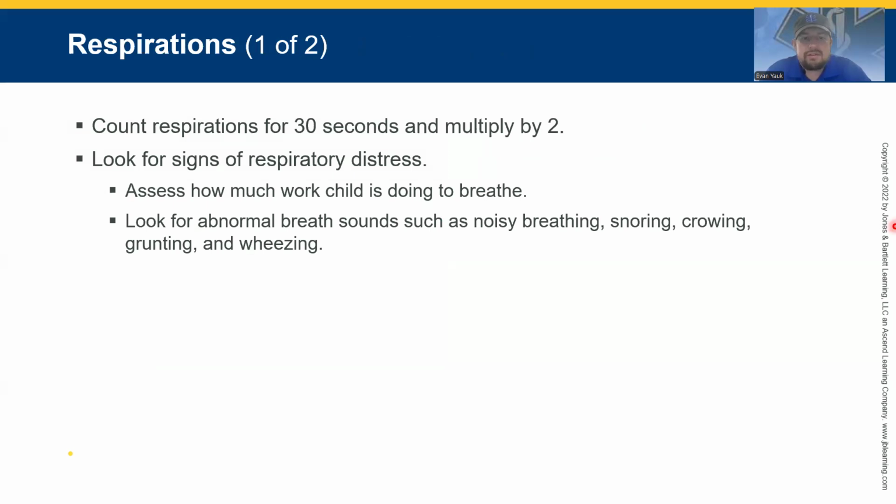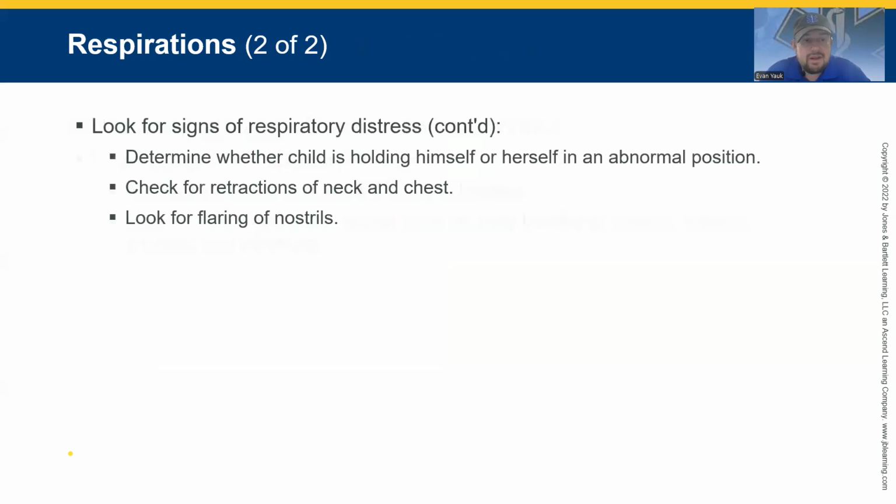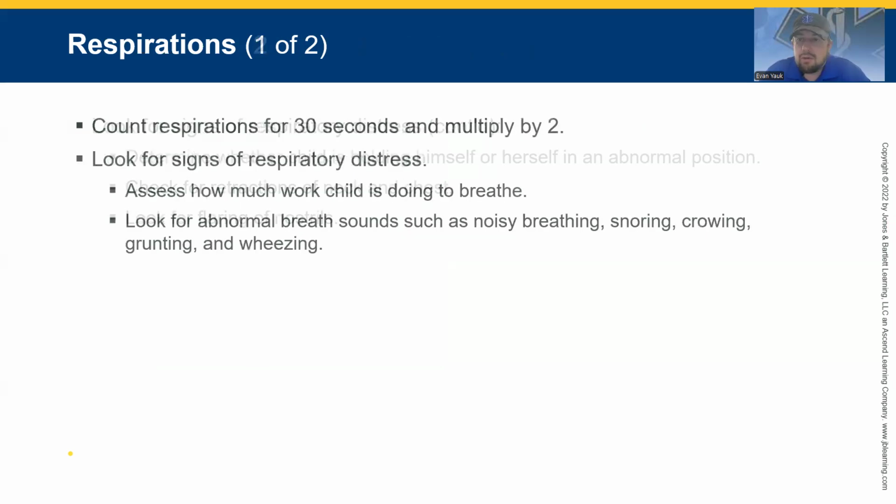Respirations: count respirations for 30 seconds and multiply by 2. Look for signs of respiratory distress. So assess how much work a child is doing to breathe. Look for abnormal breath sounds, such as noisy breathing, so snoring, crowing, grunting, or wheezing. And if you don't hear this just audibly, without anything,